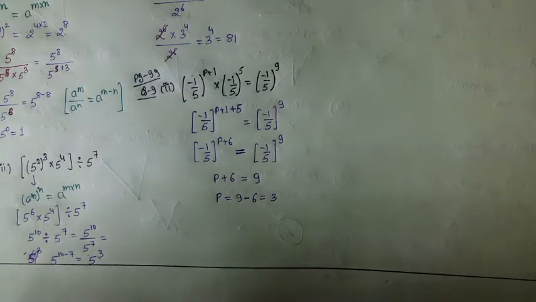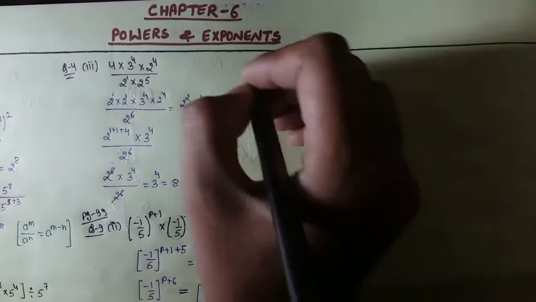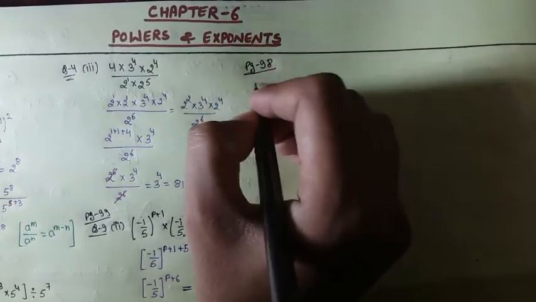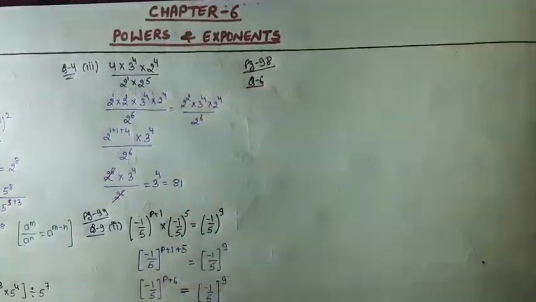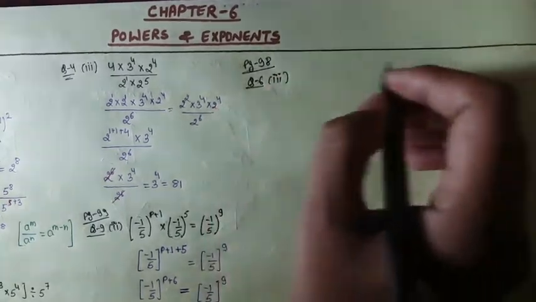Okay, fine. Any other question from review exercise? Yes. Okay, look at the question number 6 of review exercise of chapter number 6, that is on page number 98. You can check out page number 98, there question number 6. And third bit, the question is like